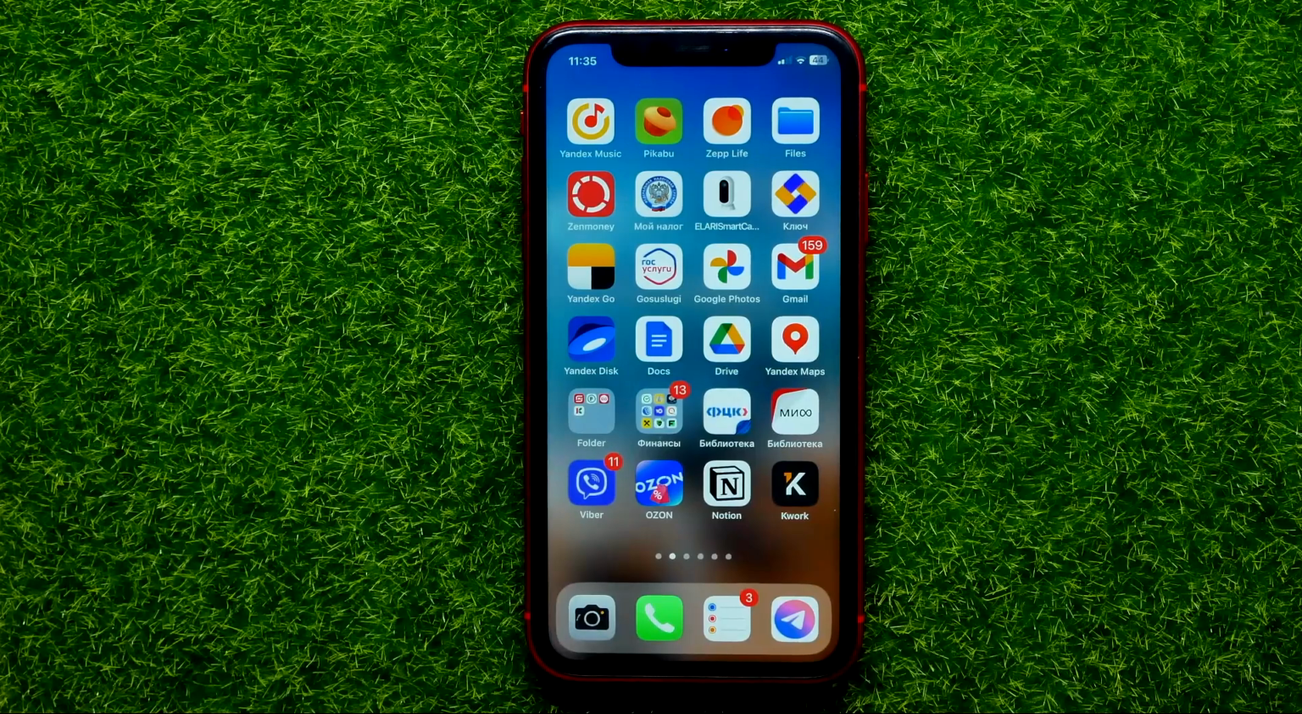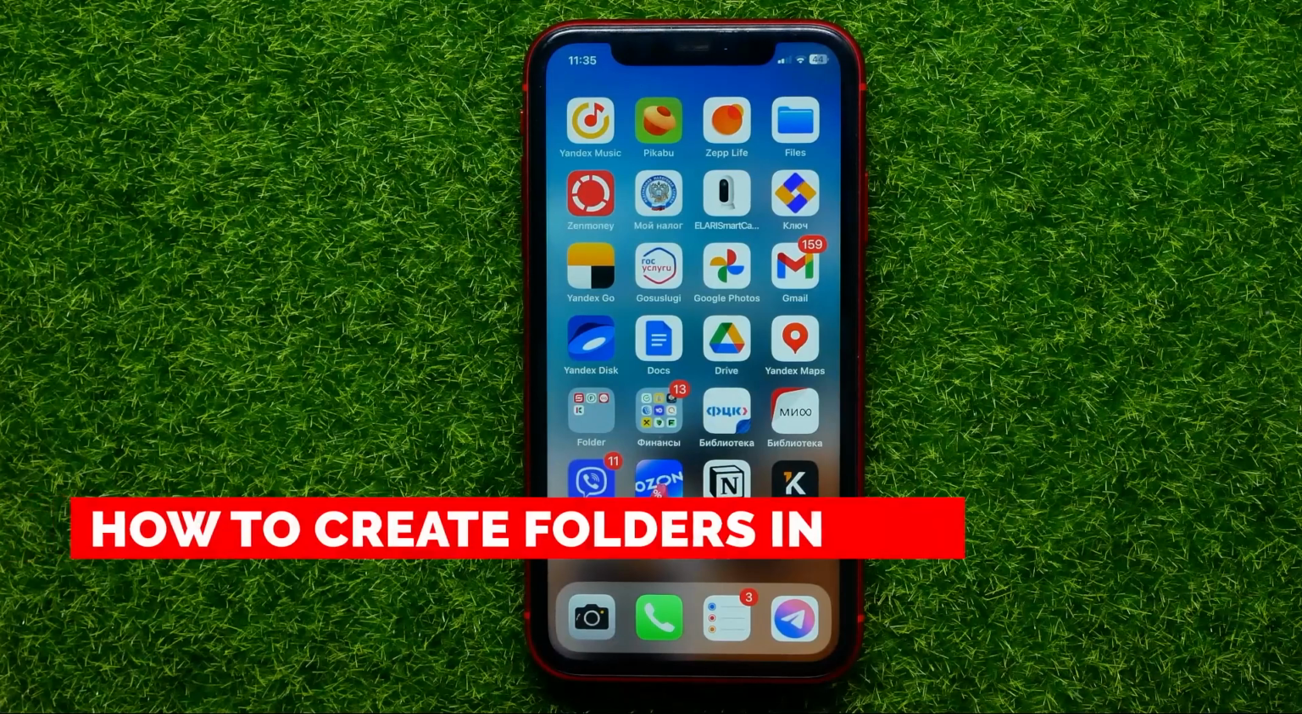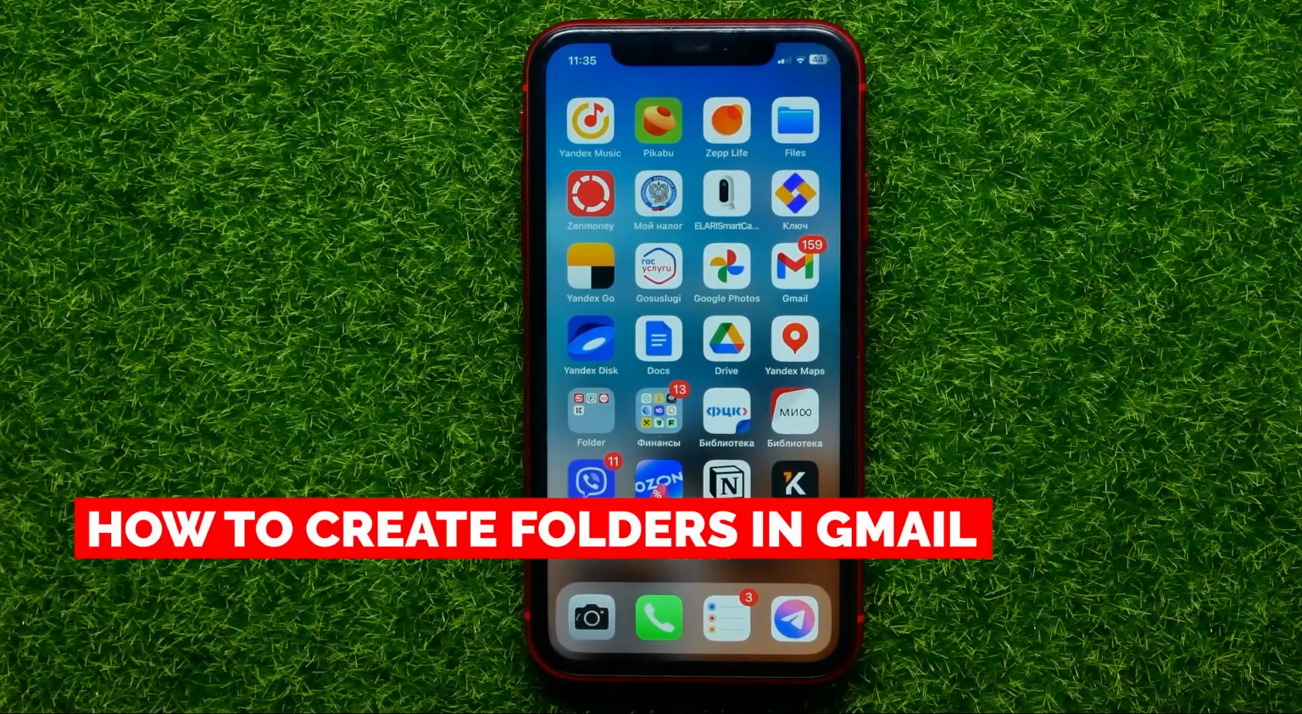Hello guys, welcome back. In this video I'm going to show you how you can easily create folders in Gmail